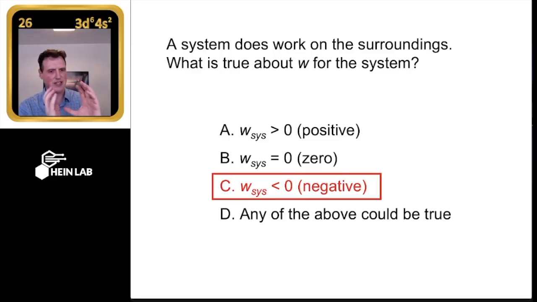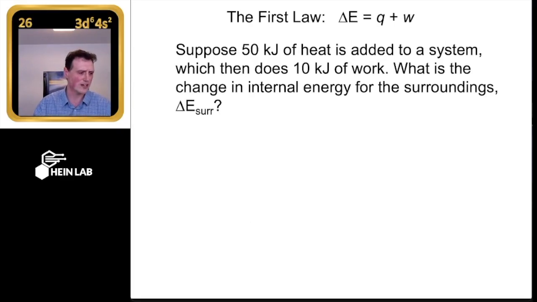It's putting a perspective on it. So what should the value be, if this was work of the surroundings? If system is negative, surroundings had better be positive. What is that a statement of? If system is negative, surroundings must be positive. We're talking about not equilibrium. Equilibrium means no more change. If it disappeared somewhere, showed up somewhere, yeah, conservation of energy. It goes from somewhere to somewhere else, right? The energy is not being destroyed, it's just moving around.